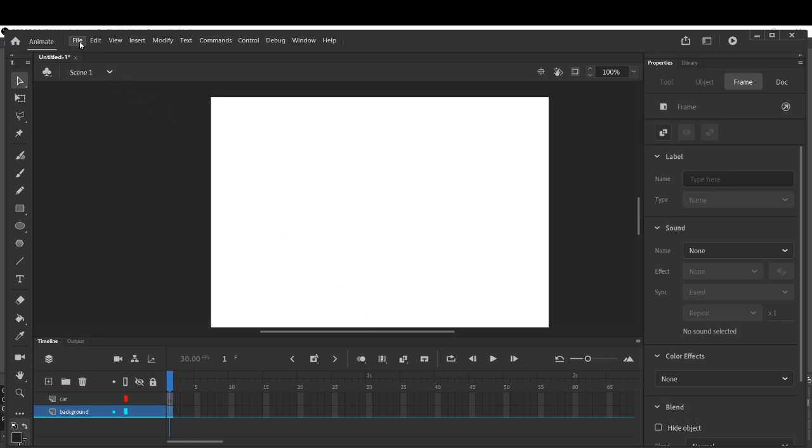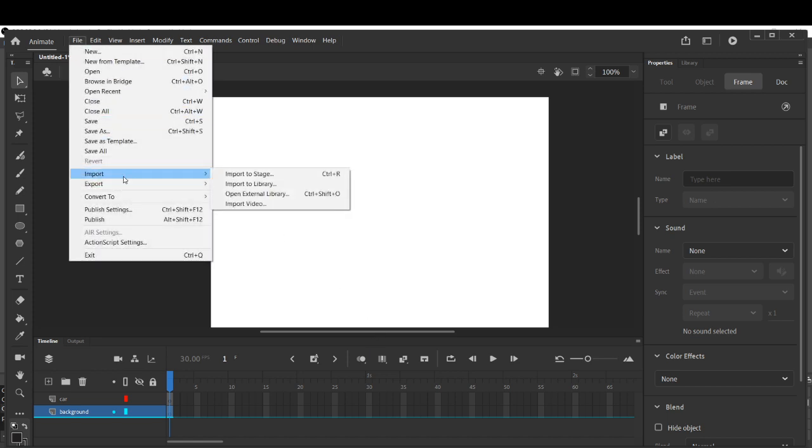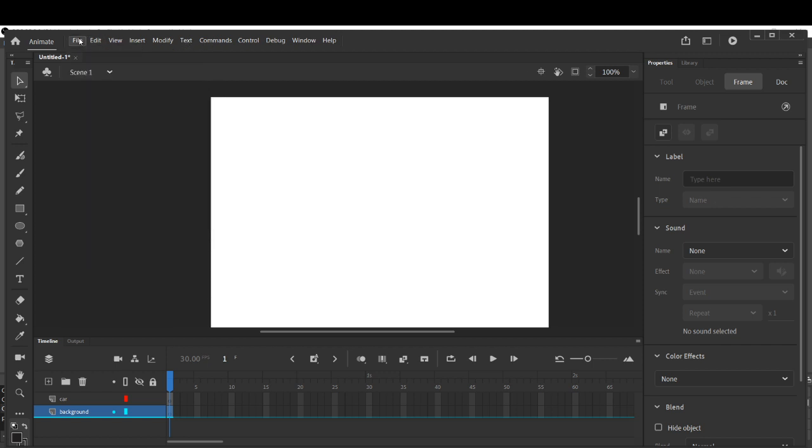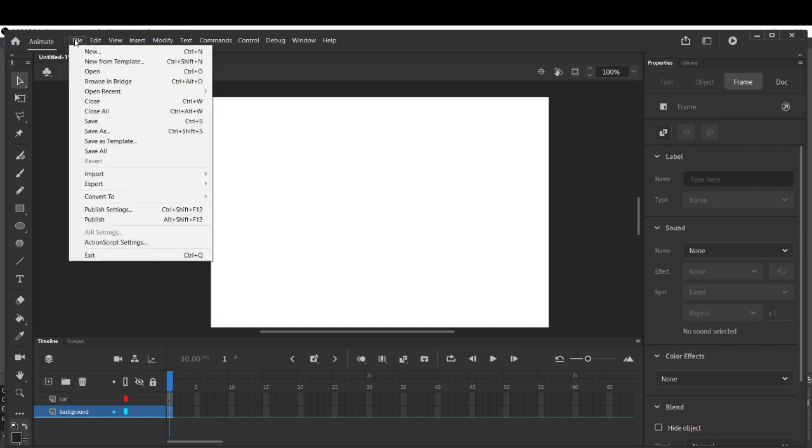Now click on File, Import, and Import to Stage, because I am going to import a background picture and set it on this layer. I have already downloaded a background image.